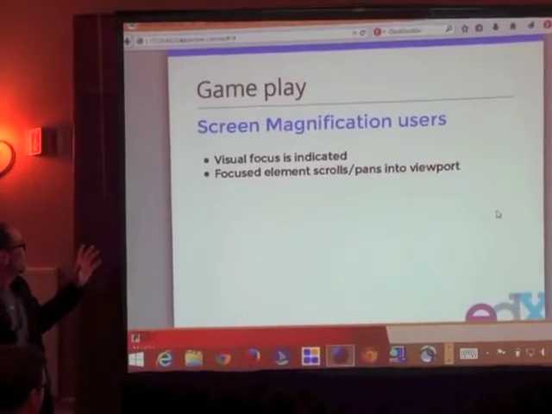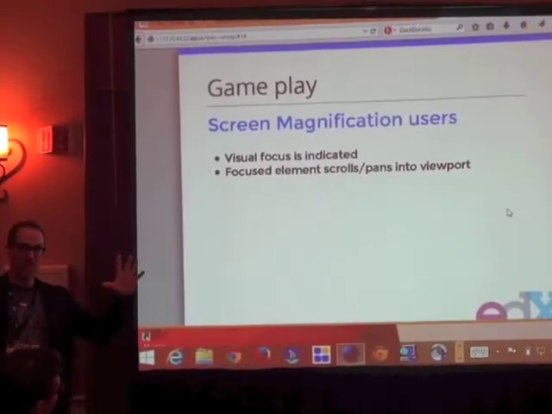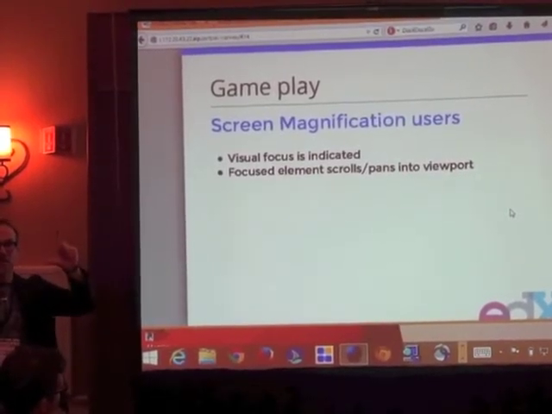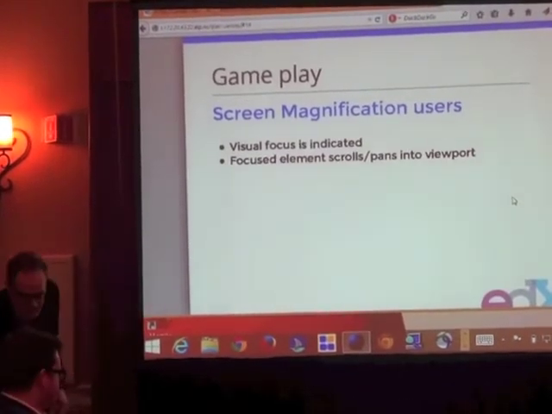Screen magnification, this is really cool because when you're using screen magnification software, you're usually zoomed in really far into the screen. So what this will do is it pans and zooms the canvas around so that the character that's in focus,